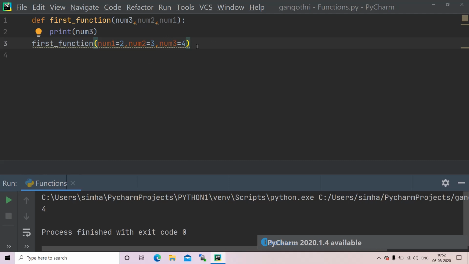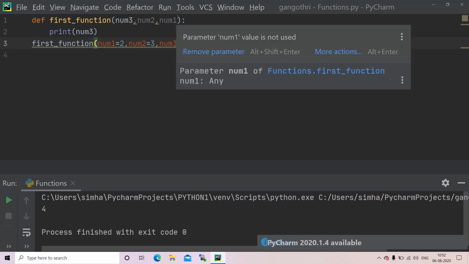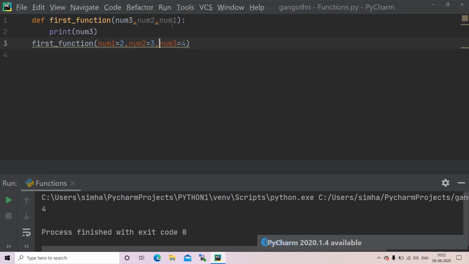And finally, coming to our arbitrary keyword arguments. When we have arbitrary positional arguments, we also have arbitrary keyword arguments, right? But instead of 1 asterisk here we use double asterisk.